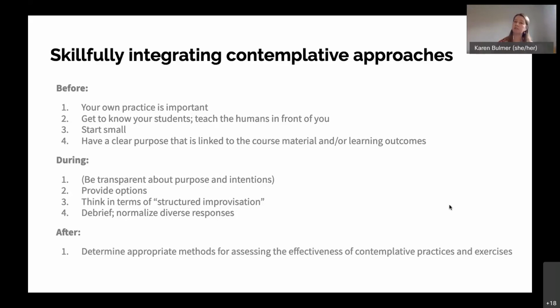The biggest difference that I find is that I have a little bit less access to, when you engage in a contemplative exercise with a group of people, there's often a bit of a vibe that comes over the room.